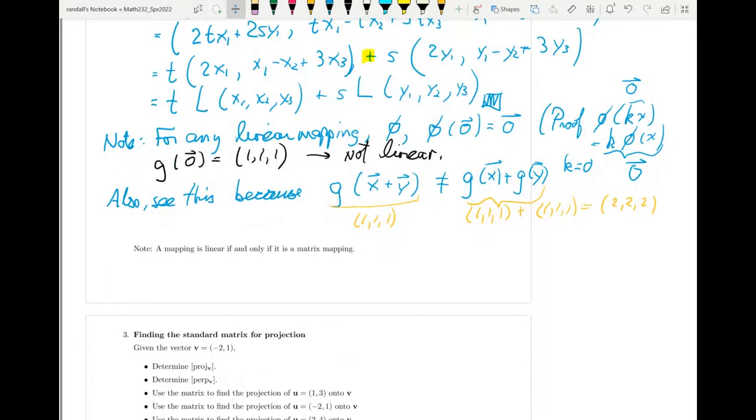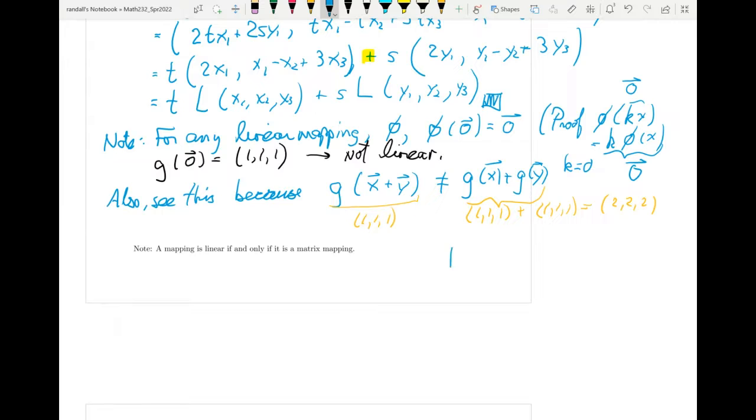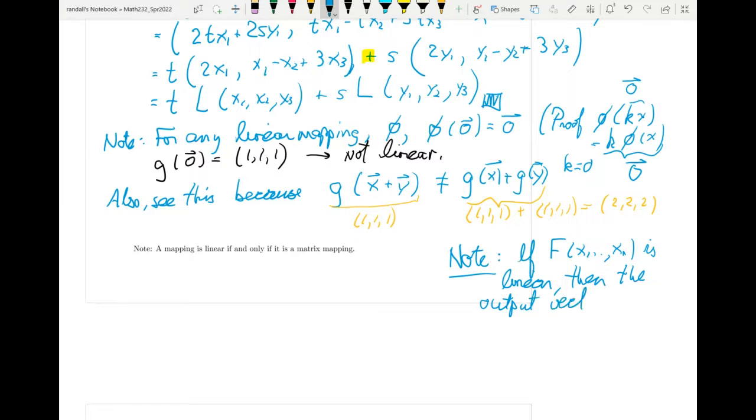And I'm going to make a point here because it's so important for us to recognize when a mapping is linear or not, because many of the theorems, all the theorems that we deal with in linear algebra, all the applications require the functions to be linear. So note that if f(x1...) is linear, then the output vector, so that's on the right hand side, has components that are homogeneous linear terms